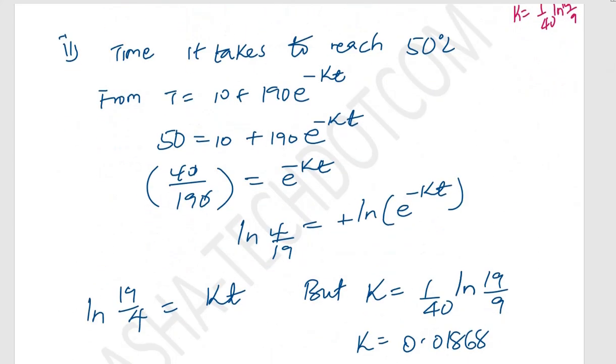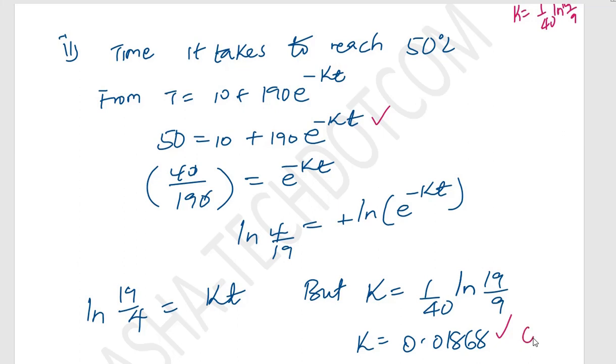So part 2 of this question, they want us to find the time it takes for the temperature to reach 50 degrees Celsius. So it is a matter of substituting in for temperature. You already know the value of k, find the time t. So if I substitute in, it will be 4 divided by 19 equal to e to the negative kt. We already know k, so we can find its constant value, which is